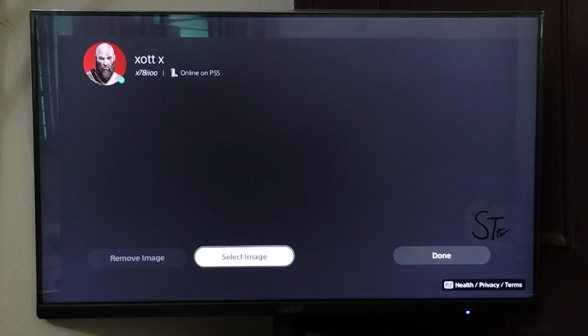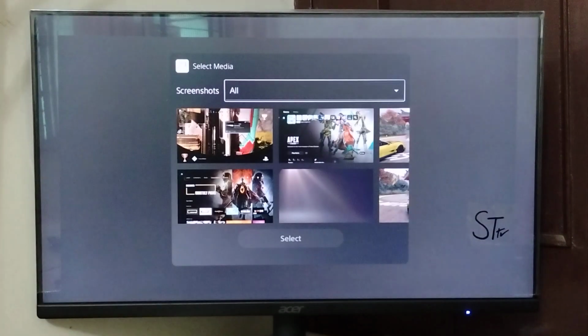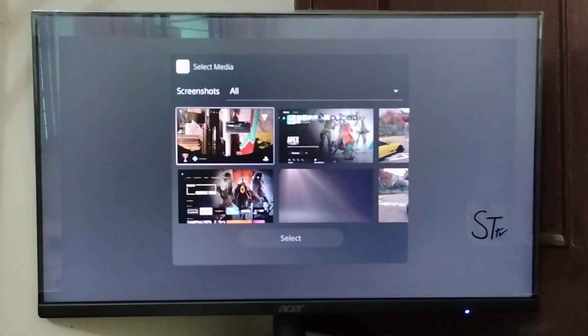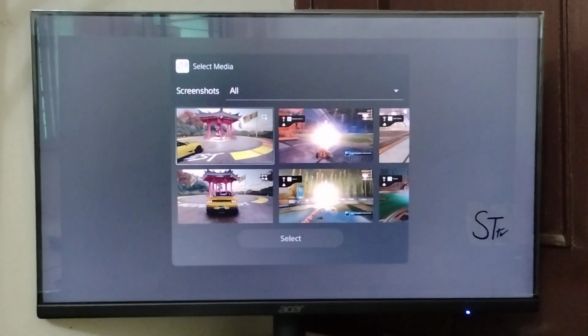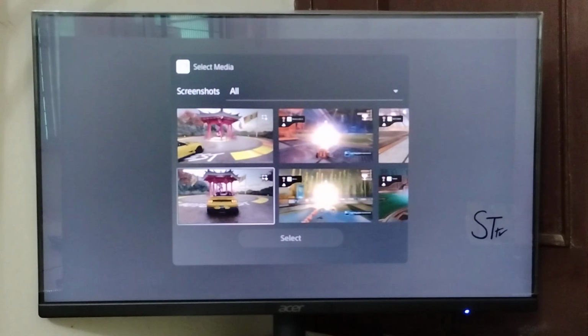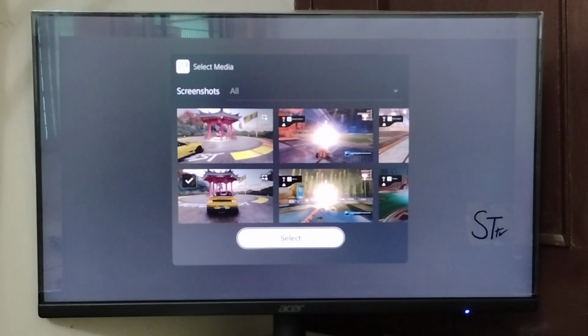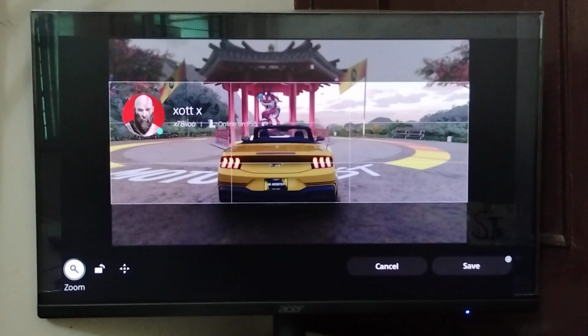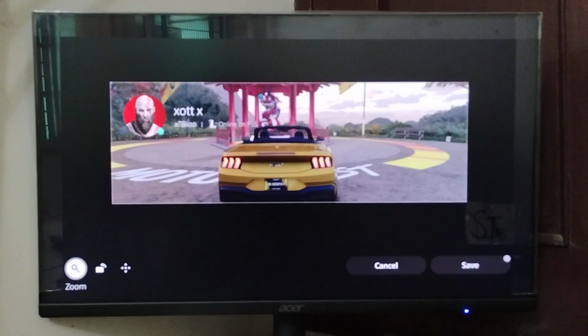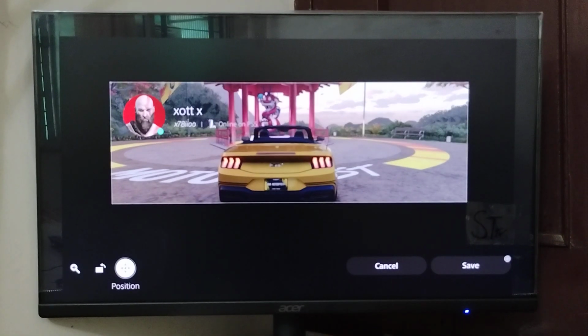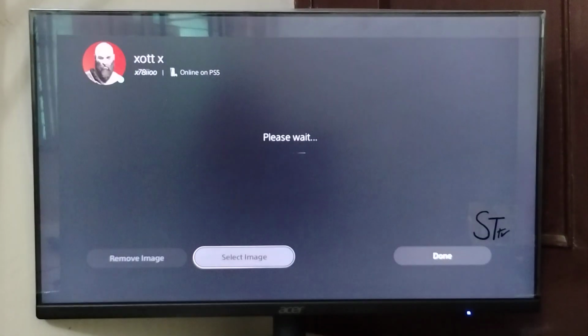this one. So go on select image, press X, and from here you will see all of the images that are available on your PS5. From here select an image, press X on it, and then go on select and press X, and from here you can zoom it in or out, you can rotate it, you can change its position, and then after that go on save and press X and wait for a few seconds, and then go on done